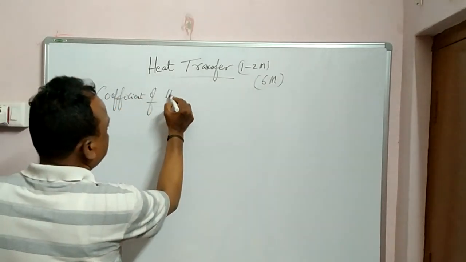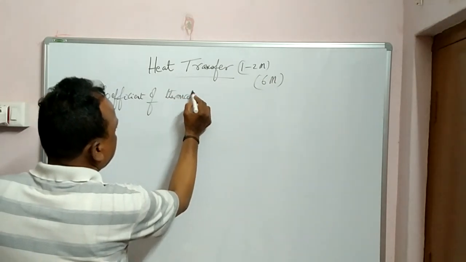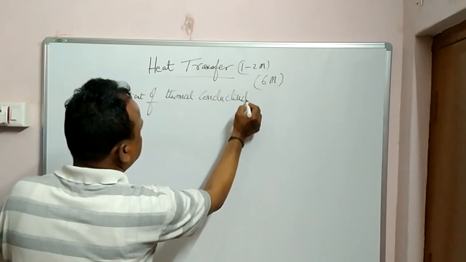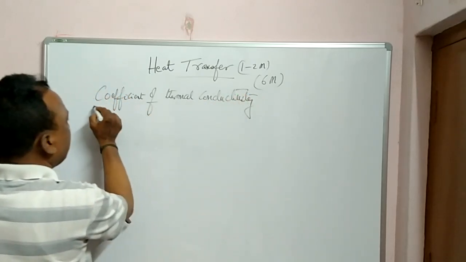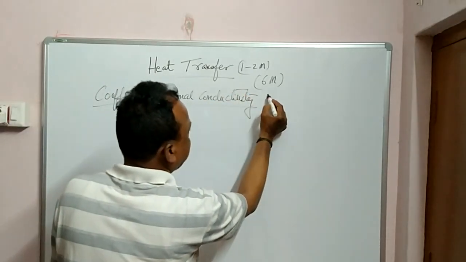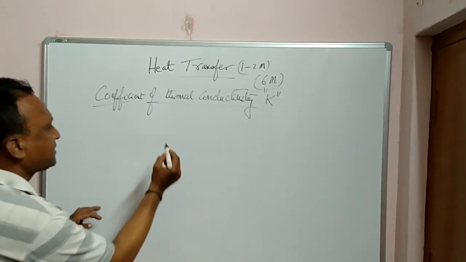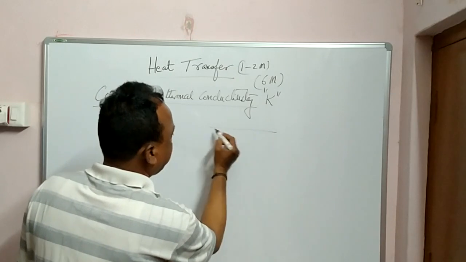Coefficient of thermal conductivity of a given material. This is generally indicated with the letter K. For this one, what we'll take is a small material